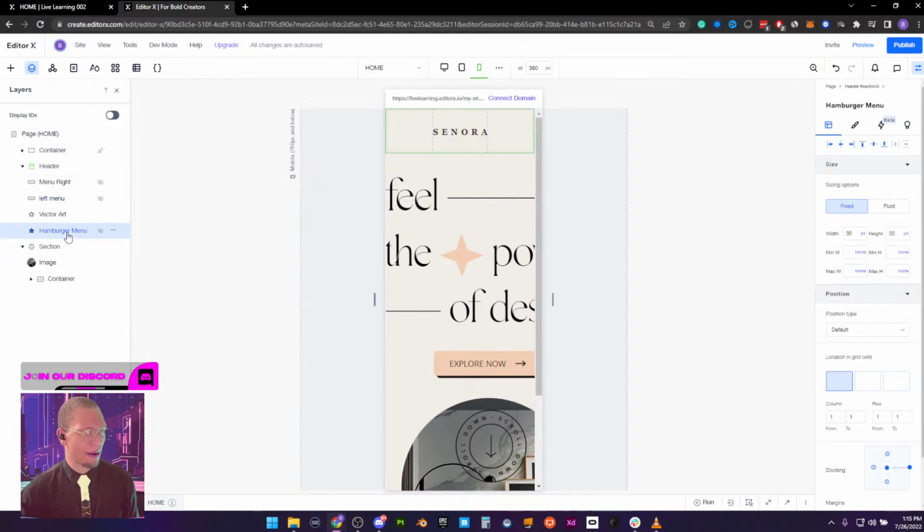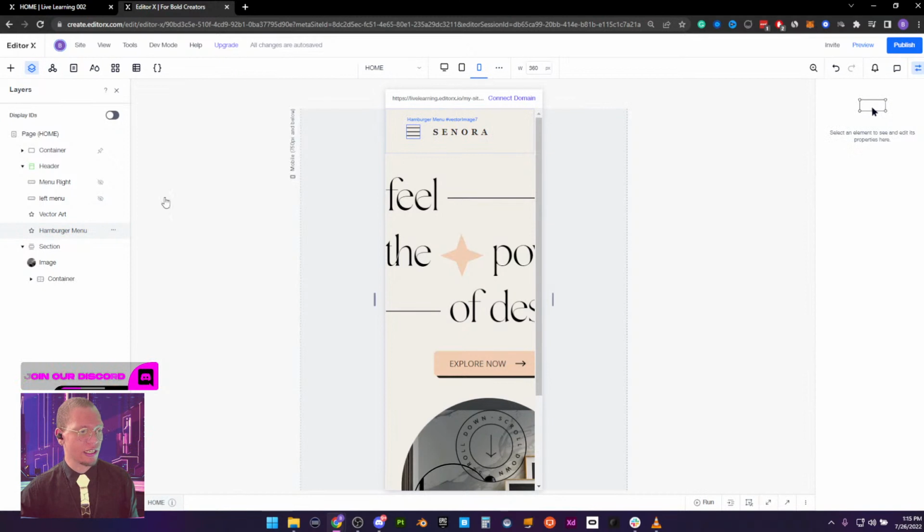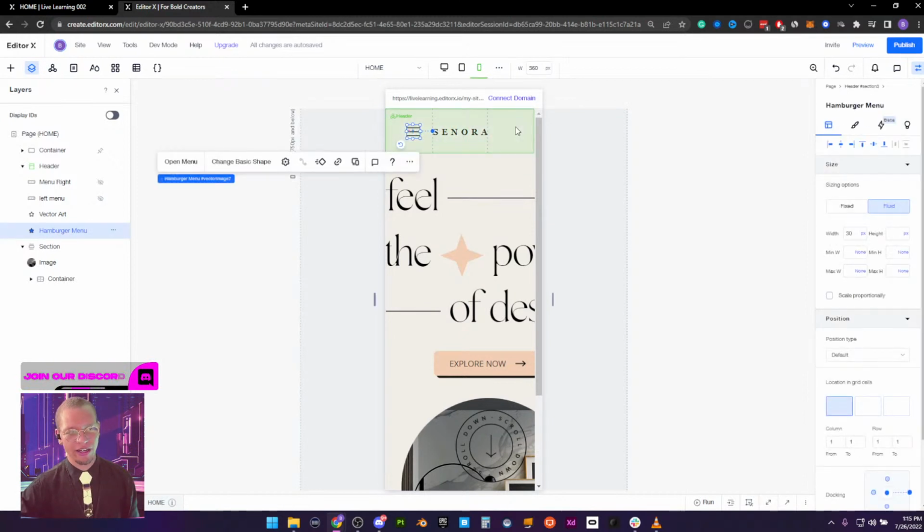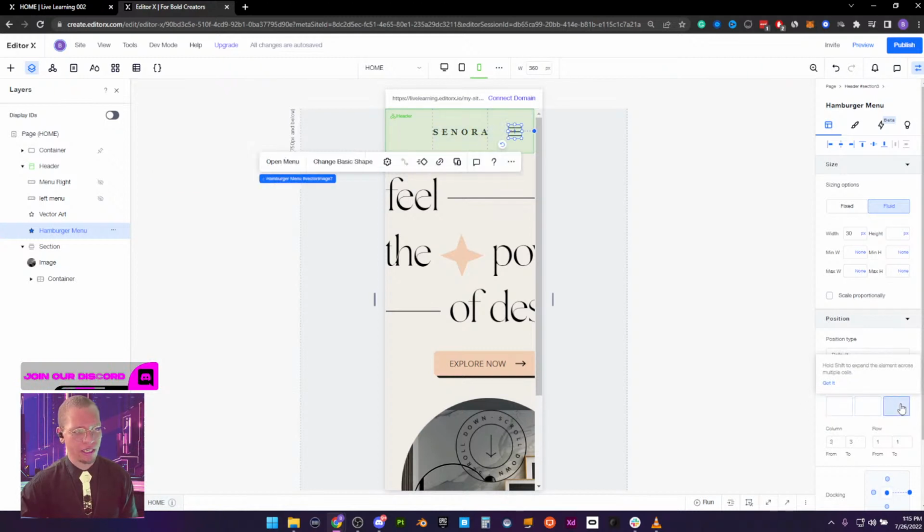So we're going to go back to my hamburger menu that we hid earlier. We didn't display it on tablet, so we need to unhide it now. So I'm just going to click this. We have our menu here. I can very easily keep it over here on the left side of things, or if I go into our inspector, I can put it in any one of these columns very easily, just like this.